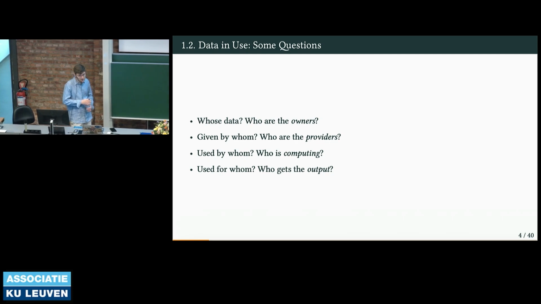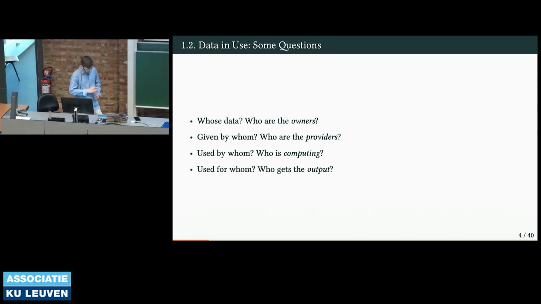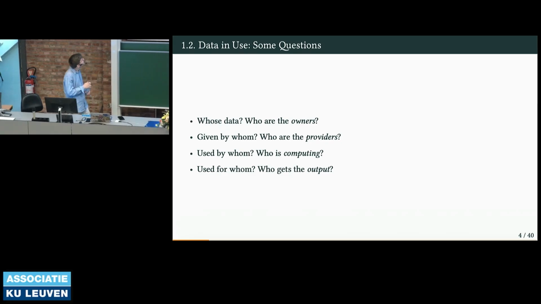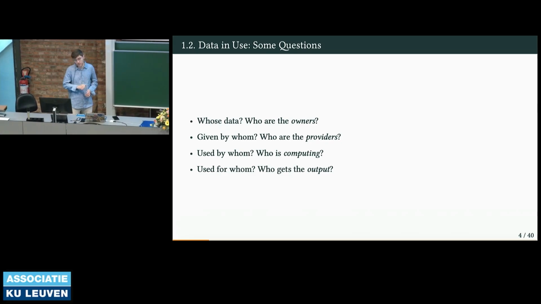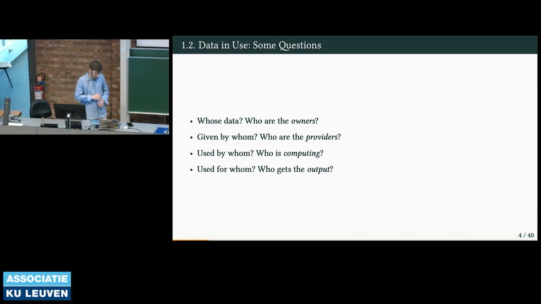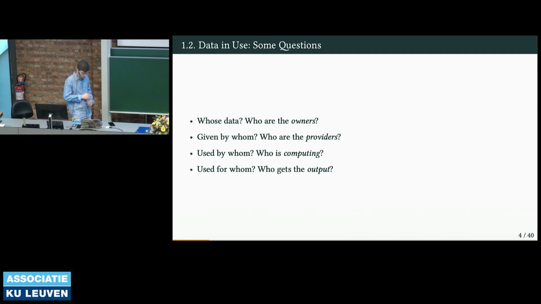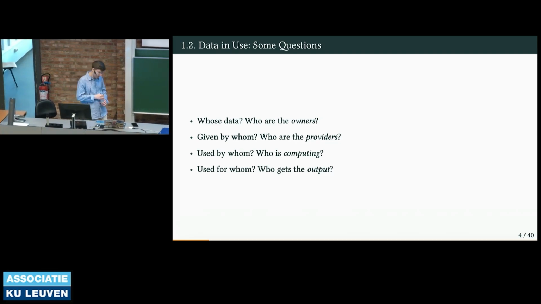Then who is using it? Who's the computer, who is going to be computing on this data? What can you trust them to do? Can you trust them to compute what you want them to compute, and so on? And finally, who is this being used by? Who does get it? For example, one of the